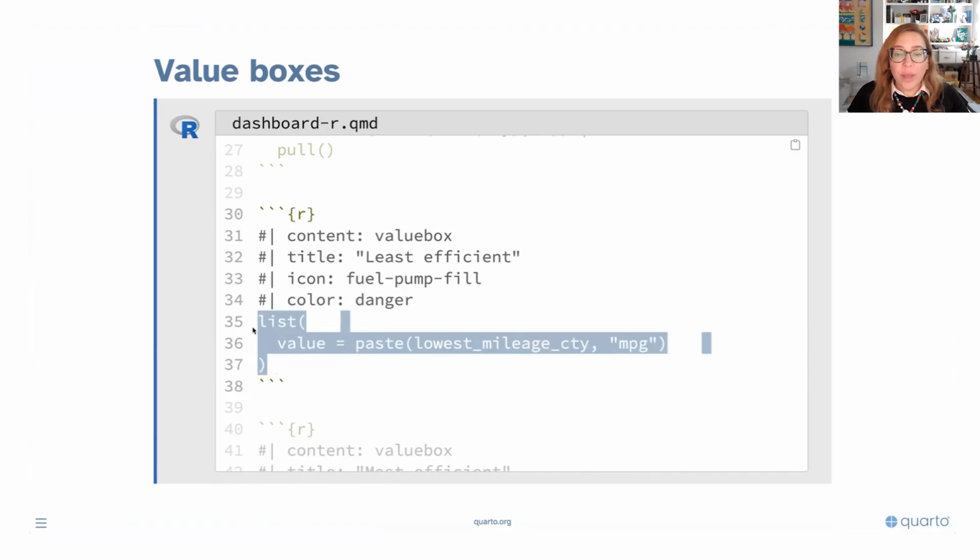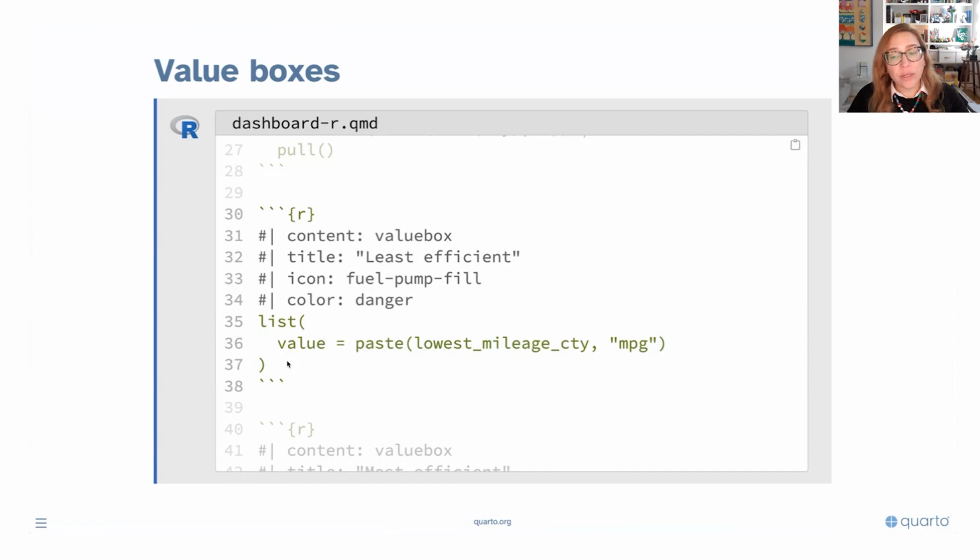And then we define what we want to go into the value box as a list item. So in this case, we're saying value is made up of these two things, the lowest mileage city that we had already calculated and the character string MPG, so that we can add some units to that.